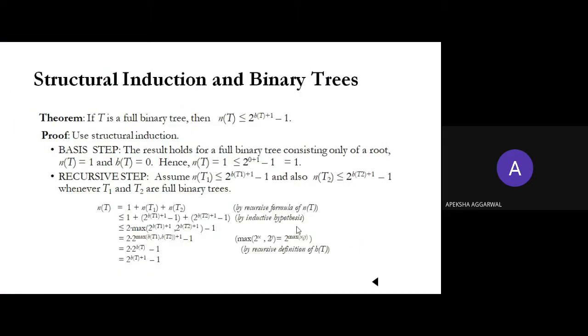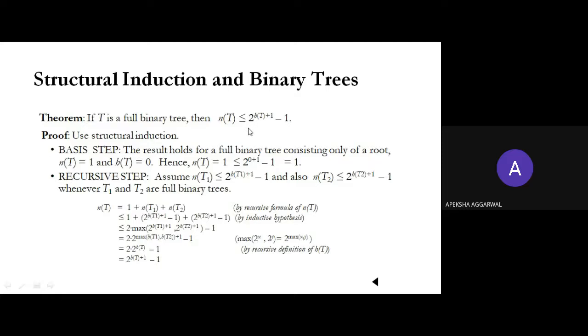Okay? Now, you can see over here, they consider the height of the initial tree as 0. Okay? So that is why they have written 2 to the power 0 plus 1, 2 to the power 1 minus 1. So if you have one node, they are saying the height is 0. They started with height 0. So that is why they have written 2 to the power height of tree plus 1. If they had taken height from 1, this would be 2 to the power HT minus 1 only, right? Okay. Now you have to prove this.